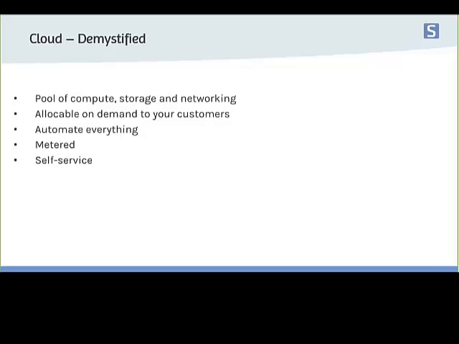So the first thing is to pool your compute, storage and networking, so pool your fabric resources. You don't want to go out there and say, I want a new service, I want to deploy a new VM, and I want to deploy it on exactly that host and probably that storage. That should be automated. We should have a pool of Hyper-V servers or other hypervisors as well, and a pool of storage resources. And this should be automated. If someone orders a VM with a gold classification, it should probably run on better hardware and faster storage, and that decision should be made by the system.